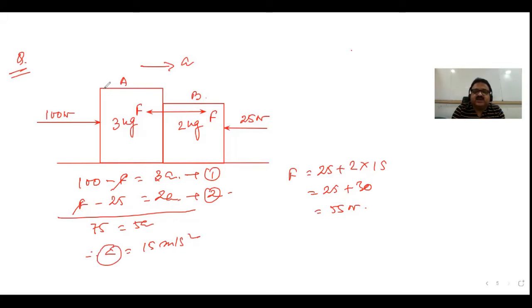Now, one important thing: we can find this acceleration without doing this calculation. Very simple. Take this as a whole system. What is the net force acting on the system? 100 Newton from left towards right, 25 Newton from right towards left. So net force acting towards right is 100 minus 25, 75. Divide this by the mass of the system, 5, which is 15 meter per second square. Check this calculation. So this is the technique to solve the motion of bodies in contact when two bodies are in contact. Let me extend this to 3 bodies, then I will show a few different problems related to this.